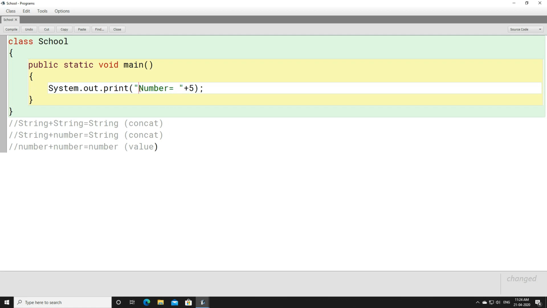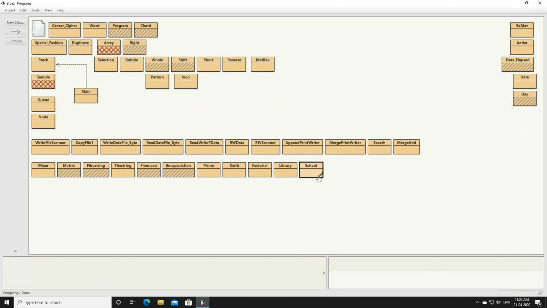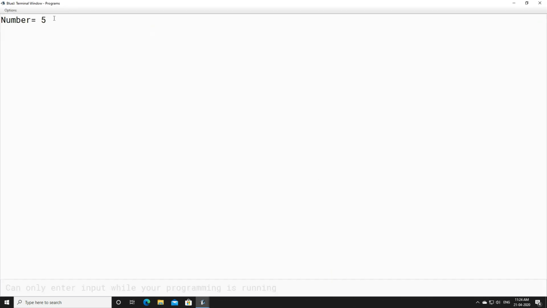When you add a string and a number, it will concatenate and give you the output as a string. The first text will get printed, beside that the equals sign, then a space, and after the space 5 will get added. Let's compile this program and execute. Yes, you can see number equals 5.